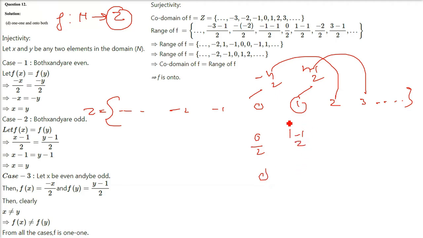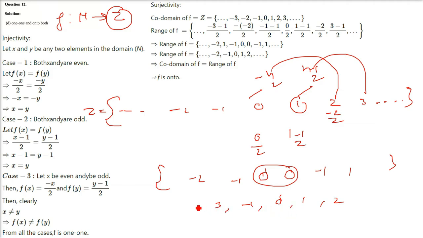Right? And for the natural numbers, the Z will come as, see here, 0 will come twice, negative 1 will come twice, 1 will come twice. So these numbers will be repeated. But in a set, multiple copies of a number cannot be there. It will be replaced by only one number. 0, 0 will be 0, negative 1 will be negative 1, 1 will be 1. Okay. So when we make a set, what do we get? 0, negative 1, 1, 1 here, 2 here, like this. I missed the 2.